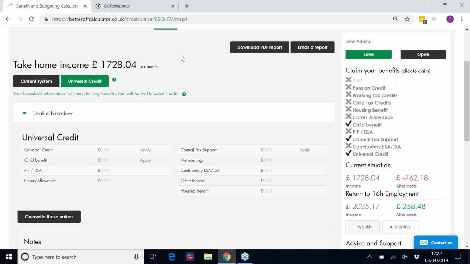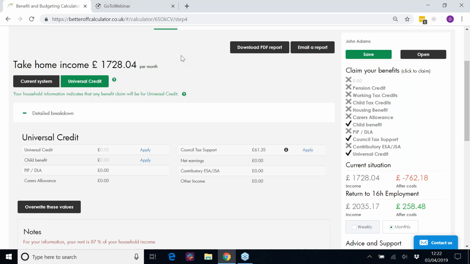I was speaking to a client who worked with a housing organization, and they said that this particular feature was the one that really attracted them to the benefit and budgeting calculator, because when looking at this kind of results page, someone leant forward and began to engage with them because it was presented in such a clear, concise way. And we'll look at the way in which this kind of results page can get people to lean forward and